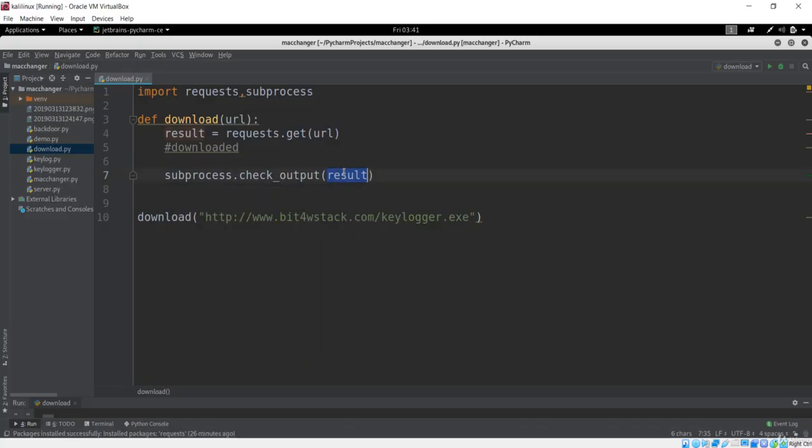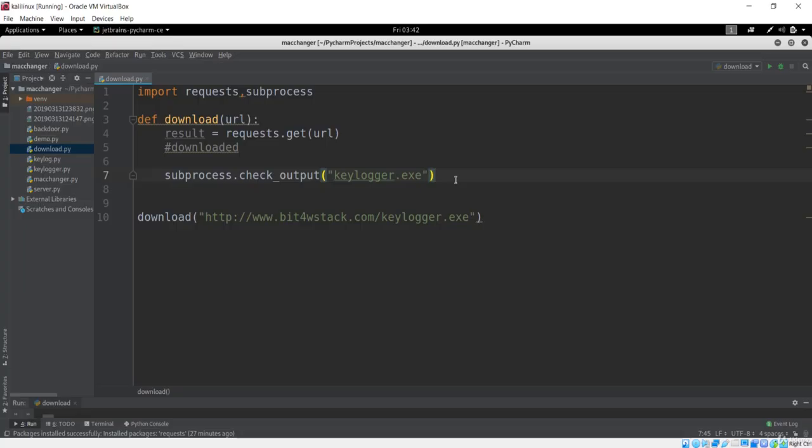It is simply saying that after you get that result, it runs that keylogger, which is basically keylogger.exe. You can also print the result after you download it, and simply run that keylogger, because now it is inside the client.